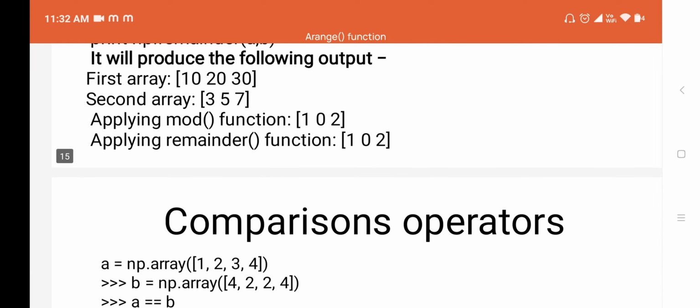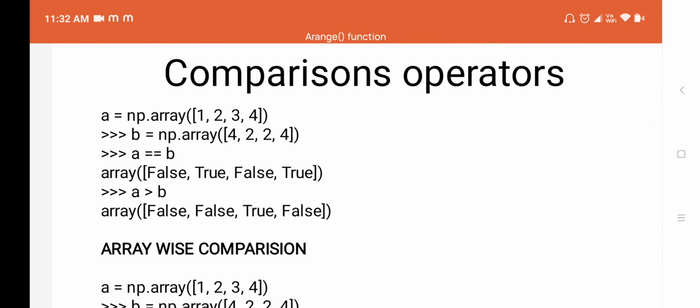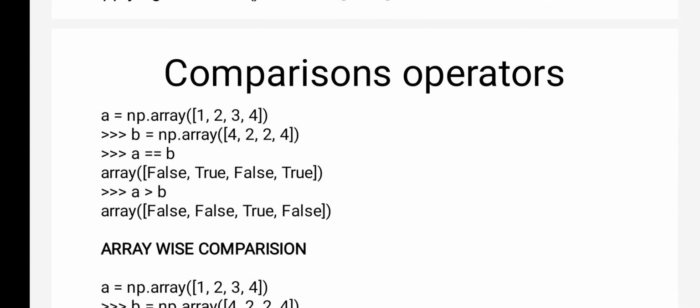Now come to the comparison operators. Comparison operators are used to compare arrays. Like in C and C++, we have comparison operators like less than or equal to, greater than or equal to, not equal to. Similarly, in Python also we have some comparison operators that you can perform on arrays.